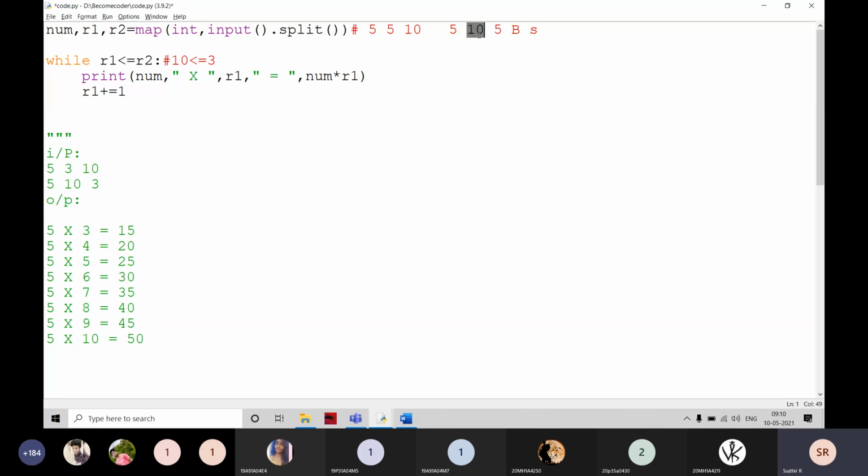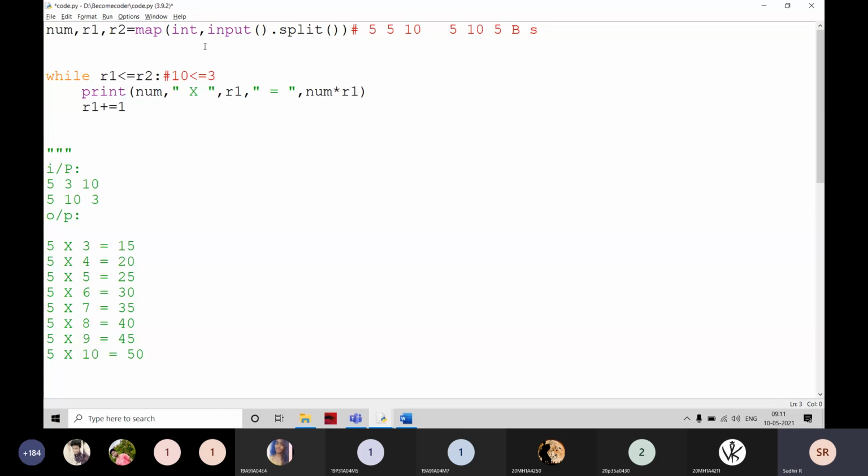Simple thing, right? With a simple condition we can write this. If R1 is less than or equal to R2, we write the loop like this.